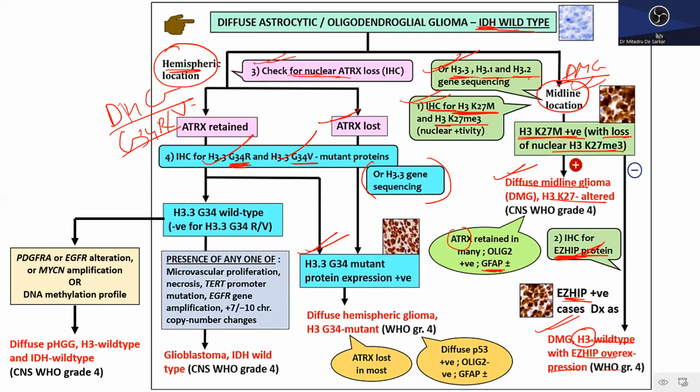So if your mutant H3G34 protein, either G34R or G34V expression is present, or if your gene sequencing result is confirmatory, you will give a diagnosis of diffuse hemispheric glioma H3 G34 mutant of grade 4. These cases will often show loss of ATRX expression and diffuse P53 positivity. Keep that in mind. However, if there is no expression of these mutant proteins and gene sequencing also shows you that there is no mutation of